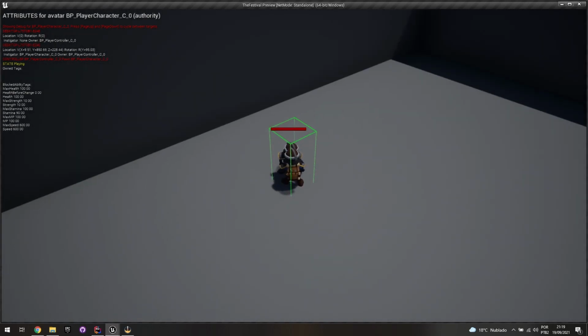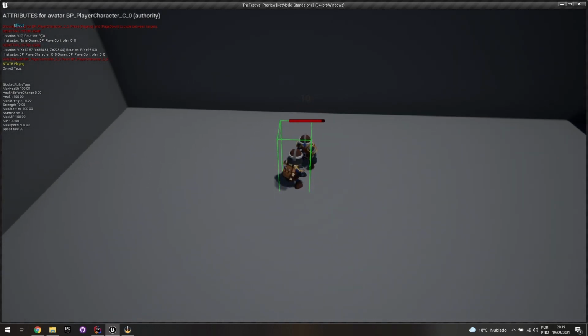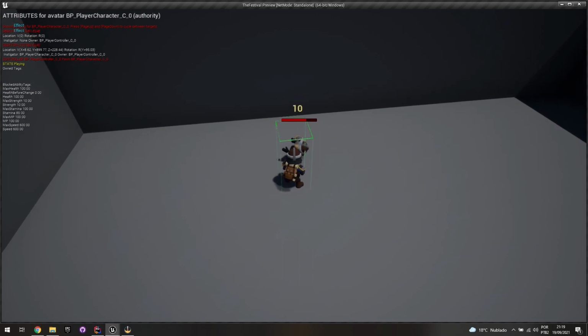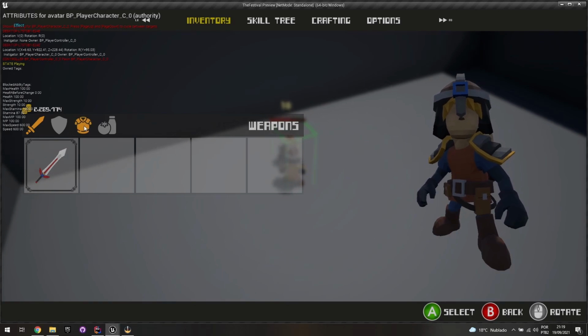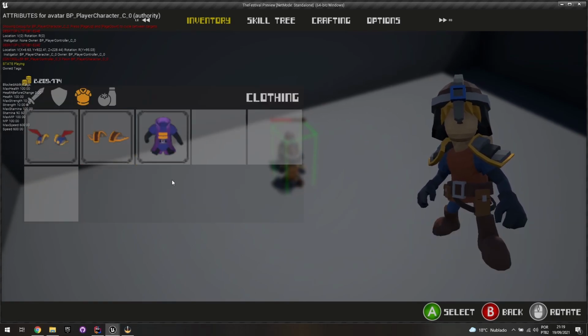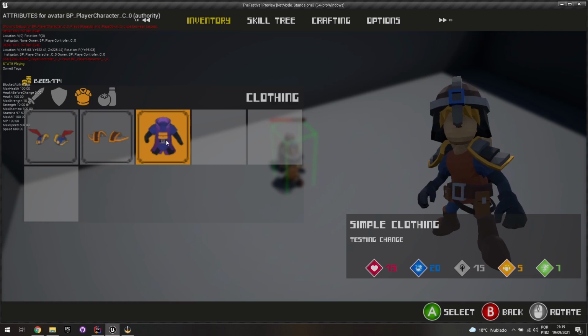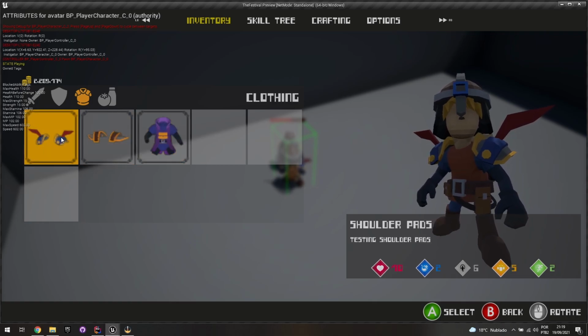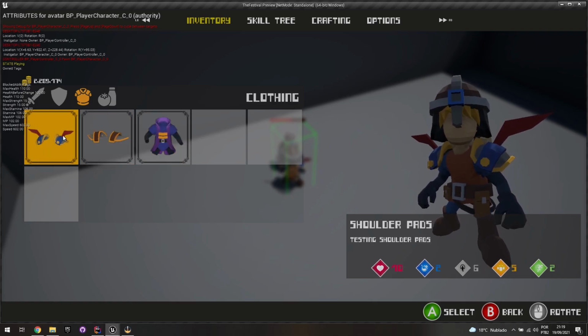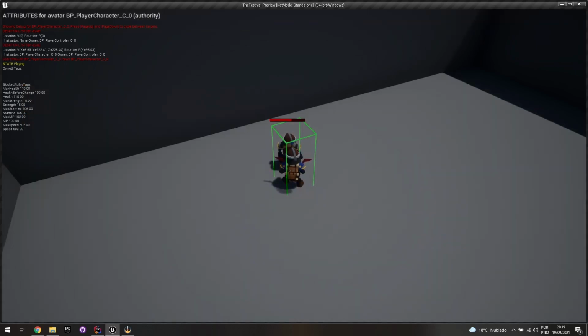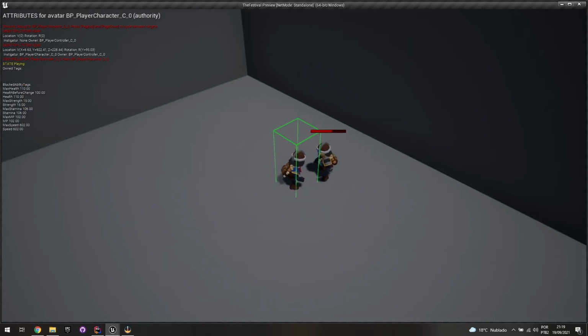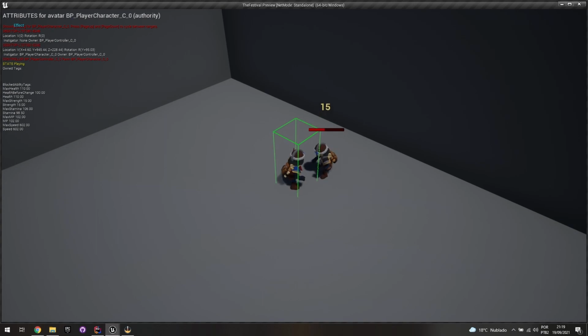etc. So if I hit my player, you can see that since my strength is 10, it's applying 10 of damage to my enemy. And if I now, oops, apply, let me equip this shoulder pad over here. You can see that my preview also updated to that shoulder pad. And if you see, my strength now is 15, and if I hit the player now, whoa, that's 15 of